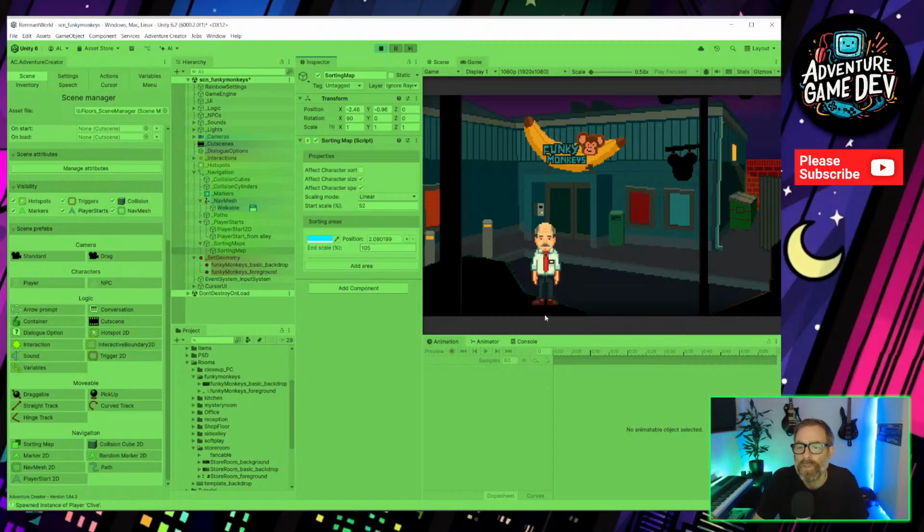We do want him to be a bit lower down as well, I think. So his walkable area is going to have to be further. Oh, he looks kind of the right scale there. We just need to sort the foreground items out.